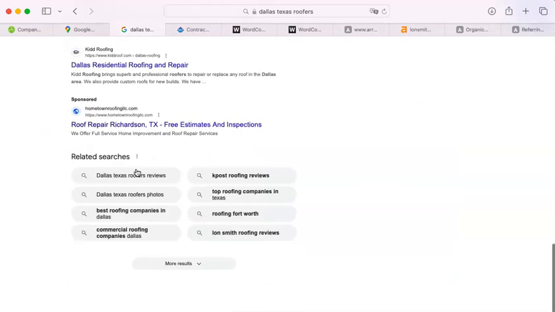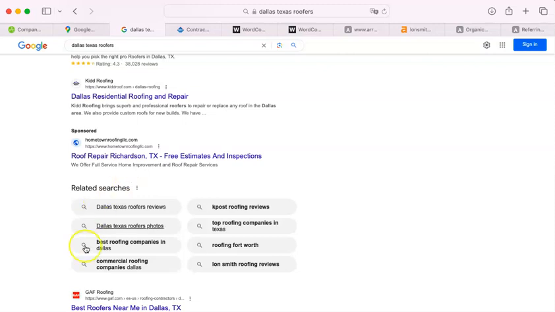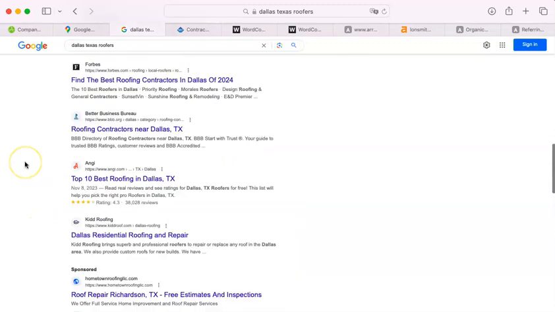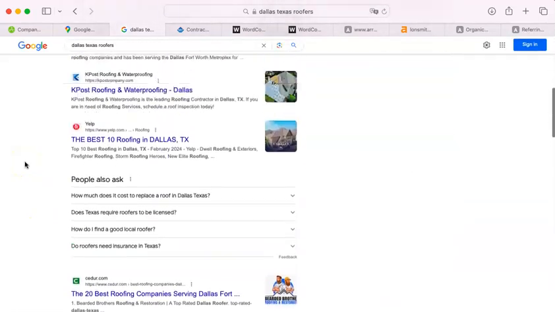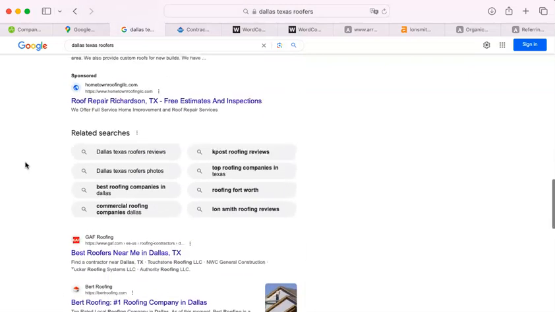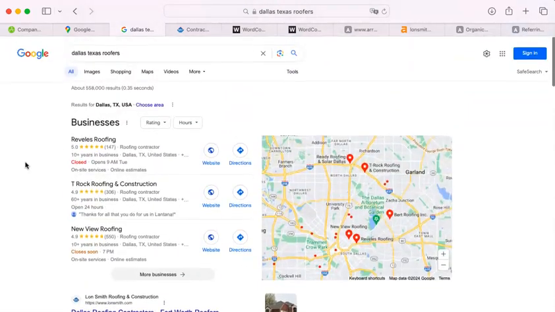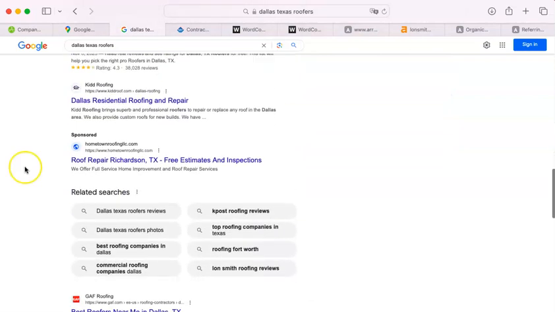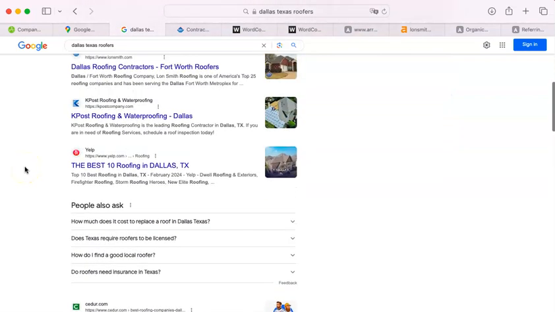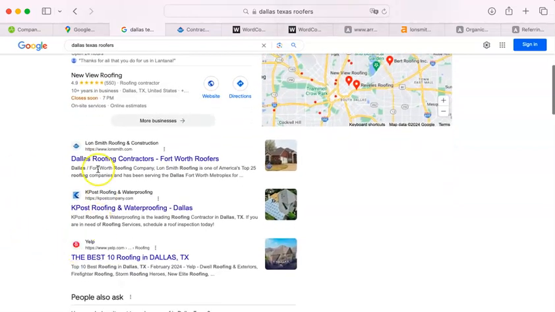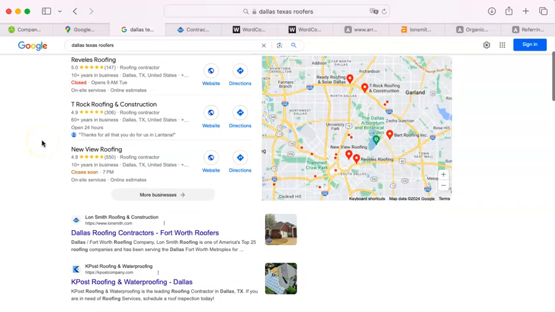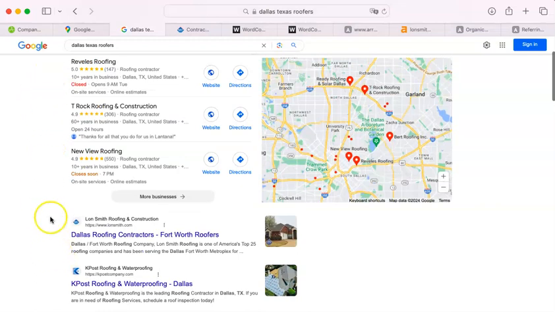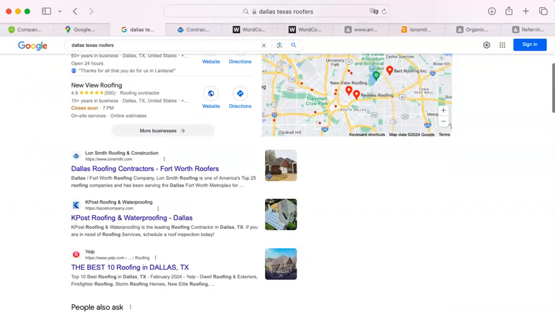Let me show you what I mean. I'm going to scroll down really fast. That was the bump stop. See how that stopped before it started to redraw GAF roofing? It stopped at related searches. And the reason it does that is because studies have found that that's about as far as most people will search. So you really want your business to be here at the top somewhere, right? But before that, what I'm going to show you is that underneath this now are what we call the organic search results. Now, these are also determined by the Google algorithm, but it is possible to be both here and here, because these folks don't have a Google business profile.